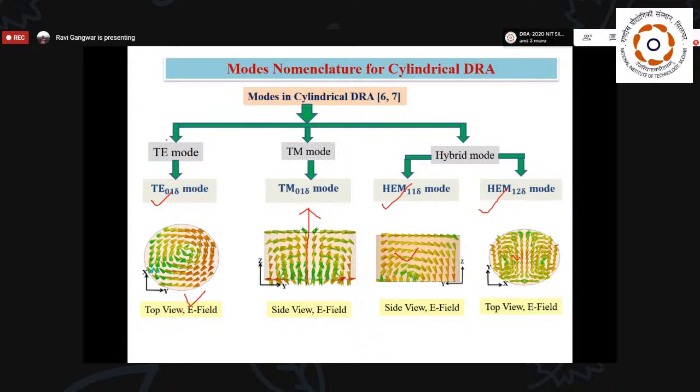In dielectric resonator antennas, the mode decides what kind of radiation pattern we get. If we consider the TE mode, the field is broadside. But if you go for the TM mode, you get a radiation field which follows an omnidirectional or monopole-type pattern. In the hybrid modes, the field is in the broadside condition. But the difference between the TE mode and the HEM mode is that in the HEM mode, the direction of maximum radiation coincides with broadside.